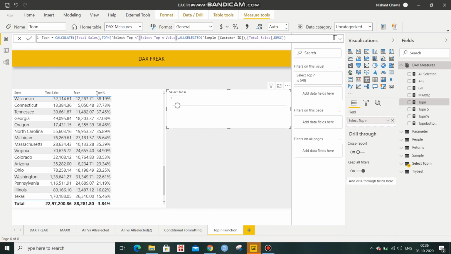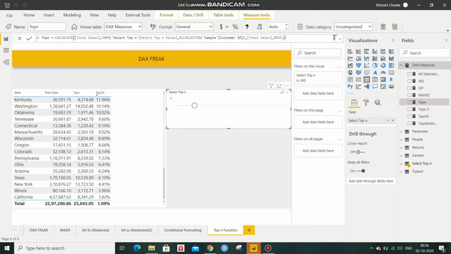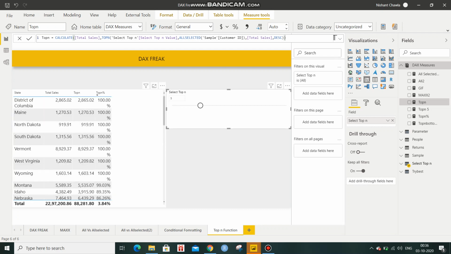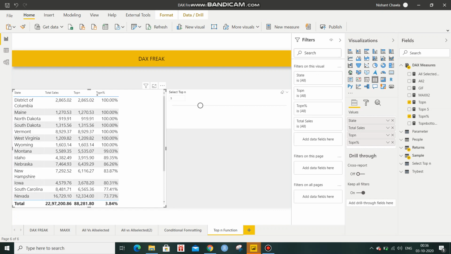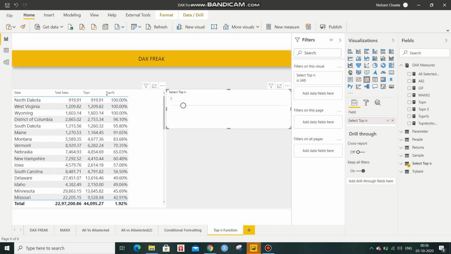So what I'm doing here is giving my user or the audience full flexibility to select the top N customers they want to see in their report, and whatever they select, they see the contribution of those top N customers. I'll press enter here and select top 5 first to show you the same result. Yes, we are getting the same result, as you can see. Now I can even see top 10 here as well, whatever number I would want to see. Maybe somebody would want to see top 2. See, this is the result for top 2.